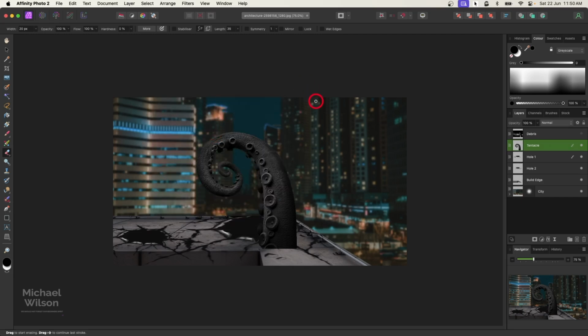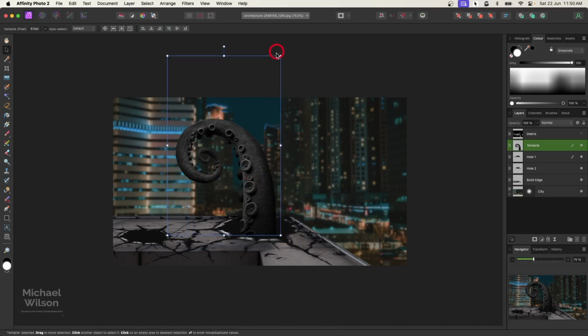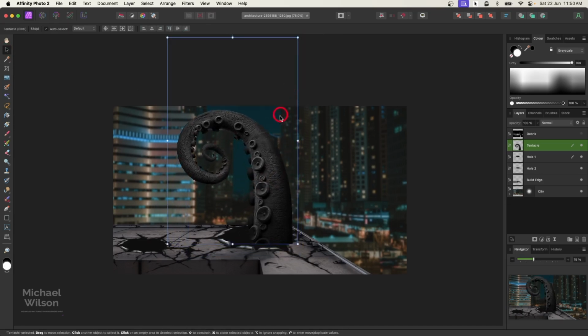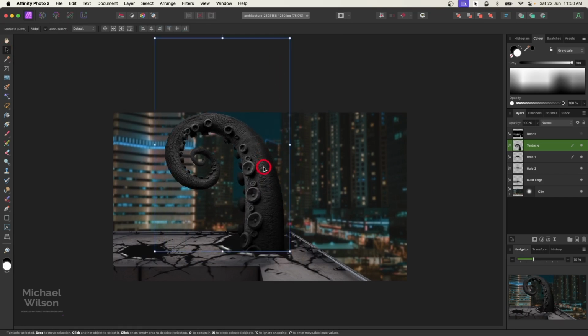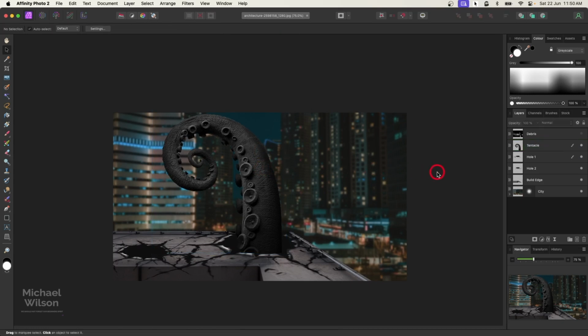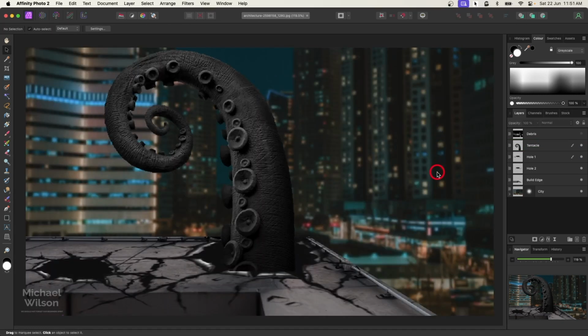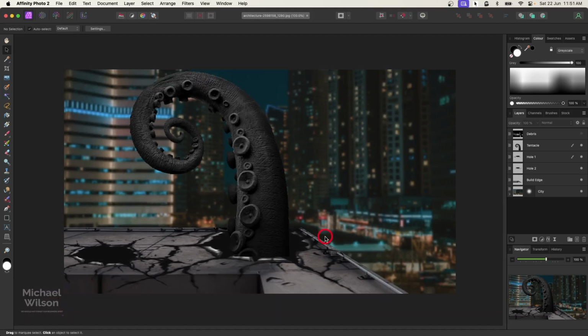Without destroying that too much. Okay, that doesn't look too bad. So back on my move tool, I'm going to place that tentacle right in that hole there. So about there looks pretty good. Let's have a look at that. Let's go Command 0 to have a little look. That doesn't look too bad, and Command minus to make it a little bit smaller. So that's going to be tentacle center,